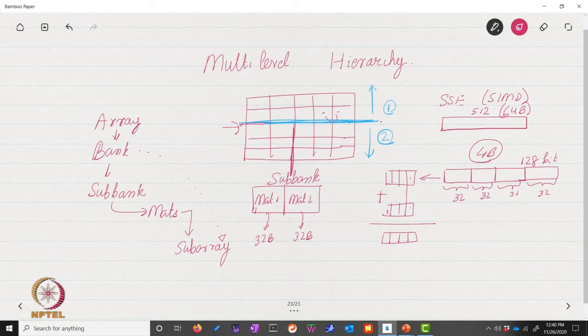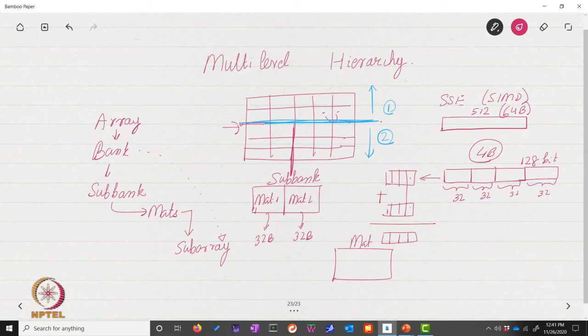Sub-banks are divided into mats, where different mats are activated in parallel and they provide a part of the data if there is a need. And then the mats are divided into the subarrays, which are the ones that we had originally computed from NSPD, NDWL and NDBL. So these subarrays within a mat are also activated in parallel.